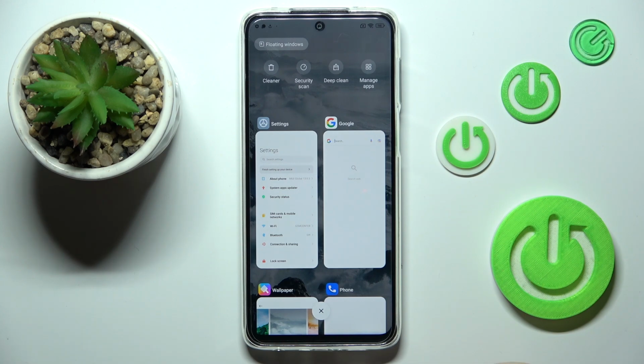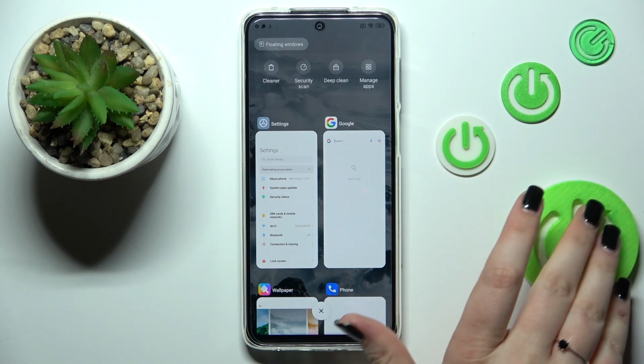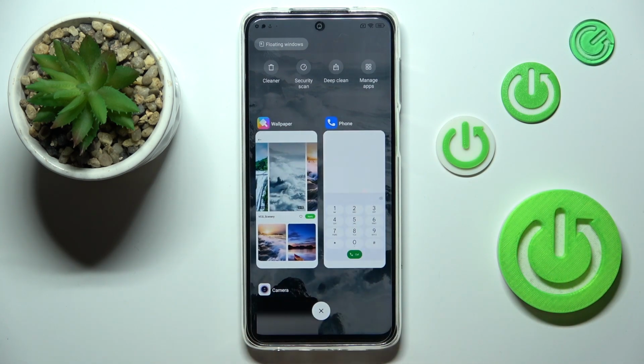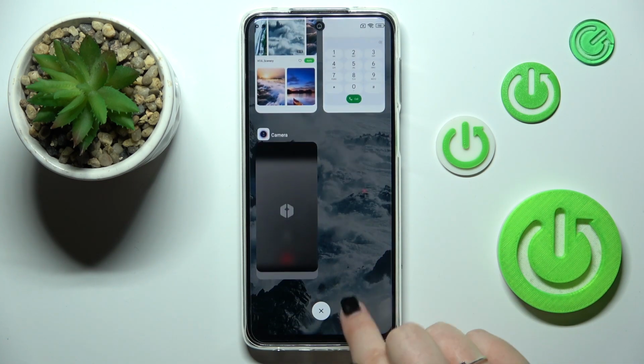And right now, if you want to, you can close, for example, only one of those apps. Just find it and swipe it to the right or to the left. But if you'd like to close all of them, just tap on this X button, which should appear at the